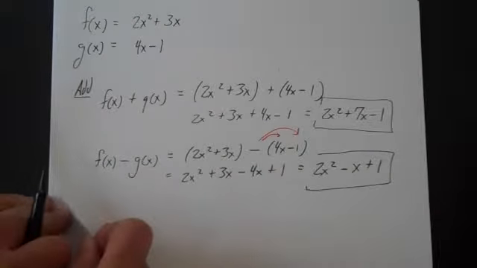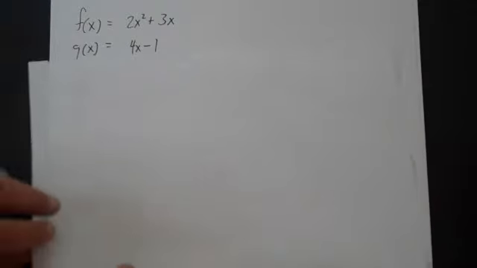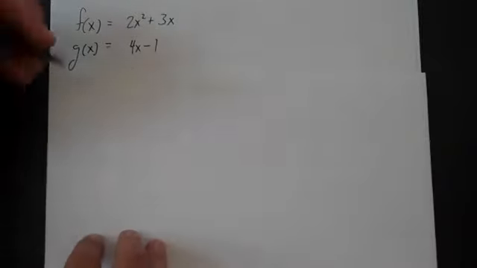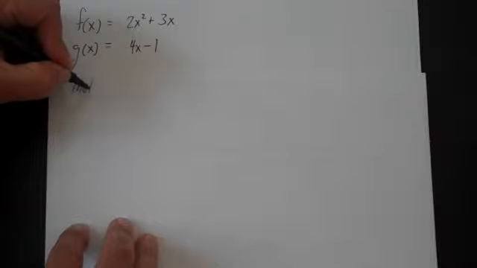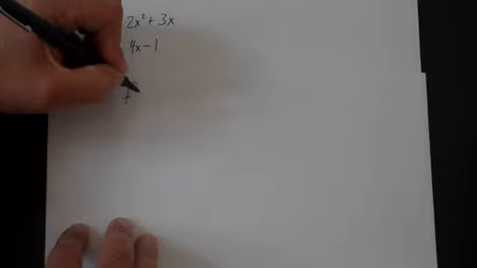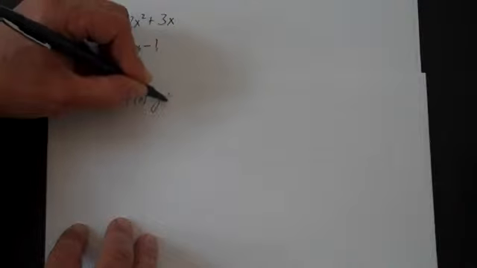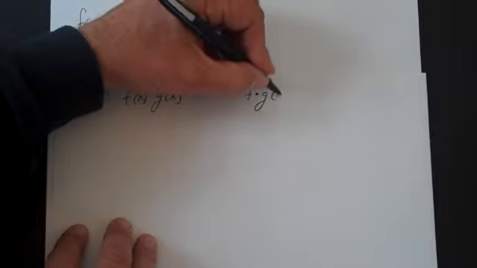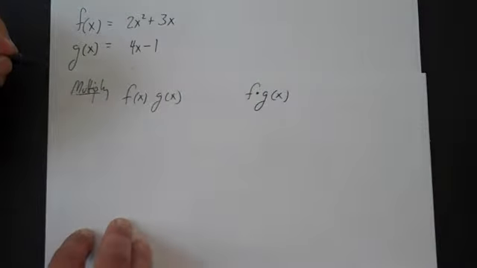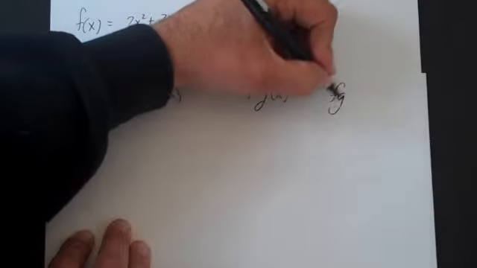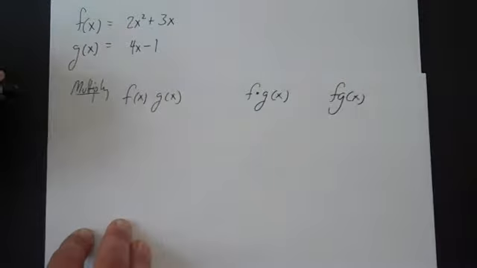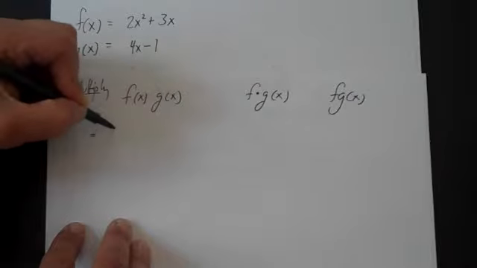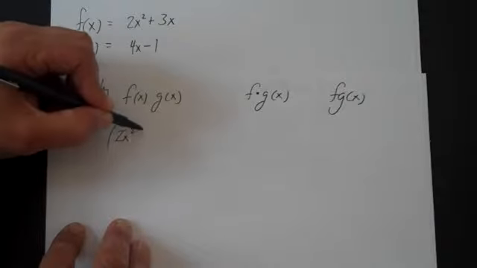So let's say you had two functions and you wanted to multiply them. Let's say that you wanted to multiply f of x times g of x, and sometimes it's written like this. Sometimes the notation is f times g of x. You could even see it as fg of x like this. All of these mean the same thing. The way you multiply two functions is you just multiply them. You go 2x squared plus 3x